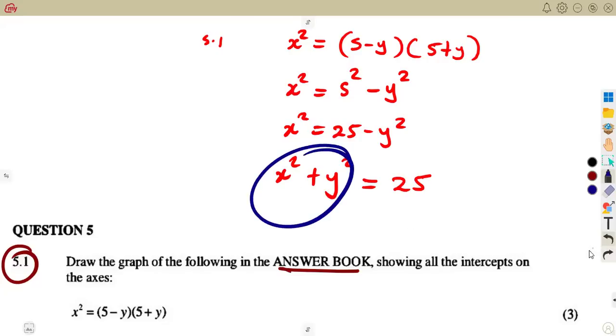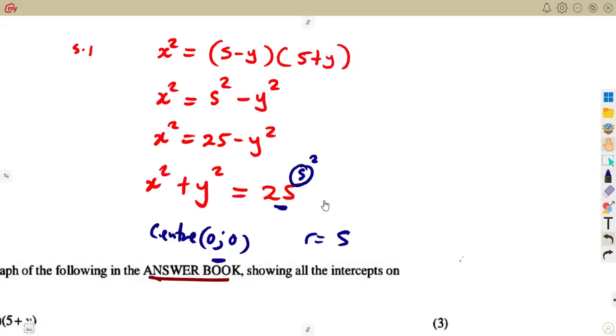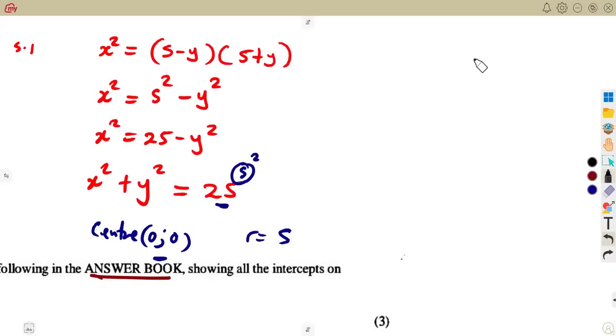When it is like this, it means the center is what? 0, 0. And the radius from this 25, it's 5 squared. So our radius will be what? 5, or the square root of 25. From the center 0, 0, your radius is 5. What does it mean, guys? Understanding that to say